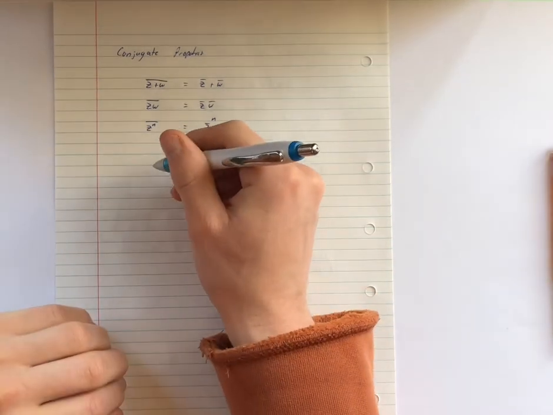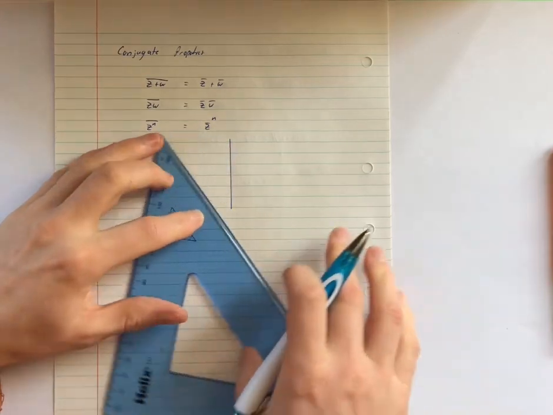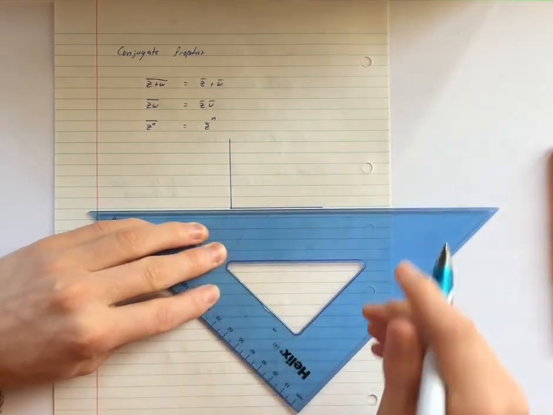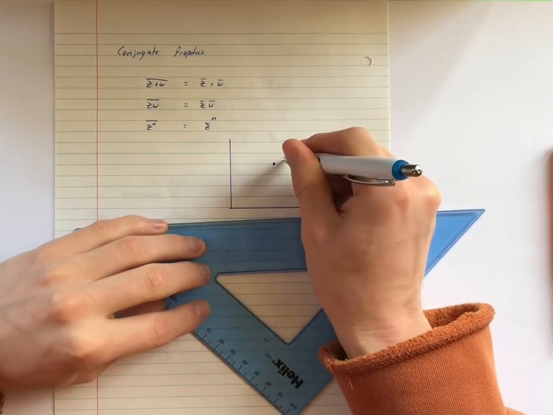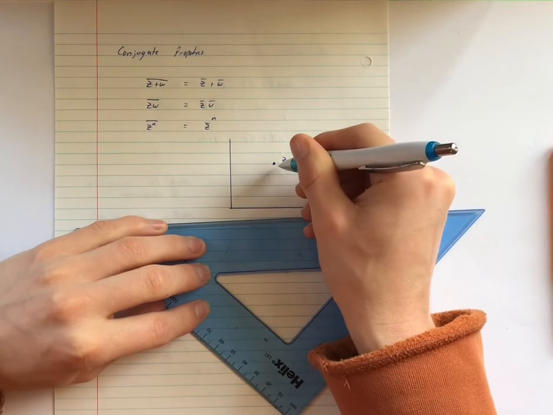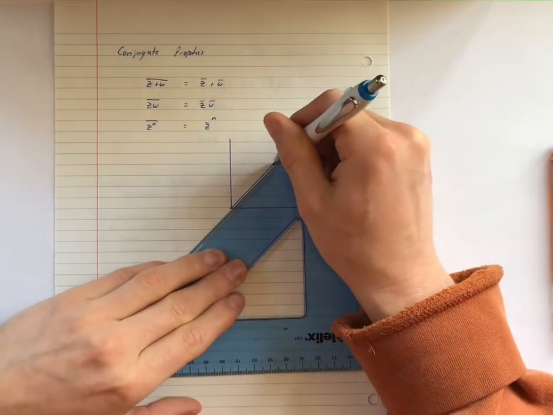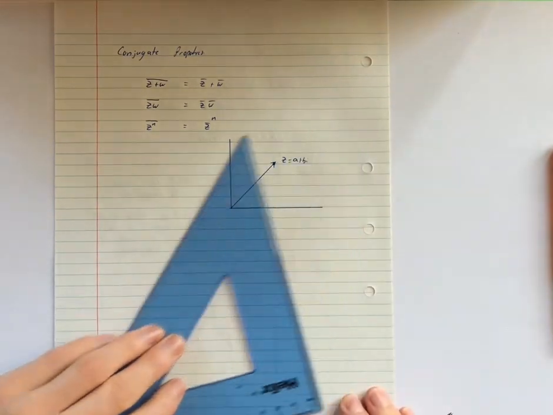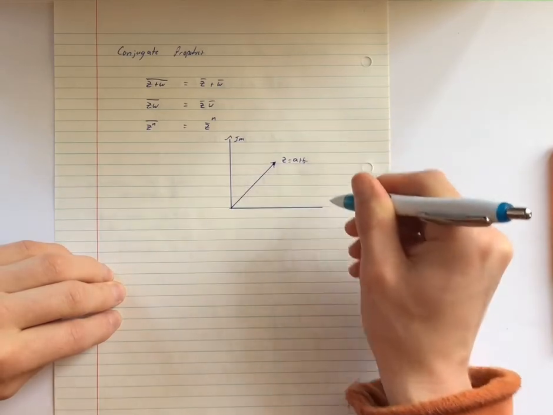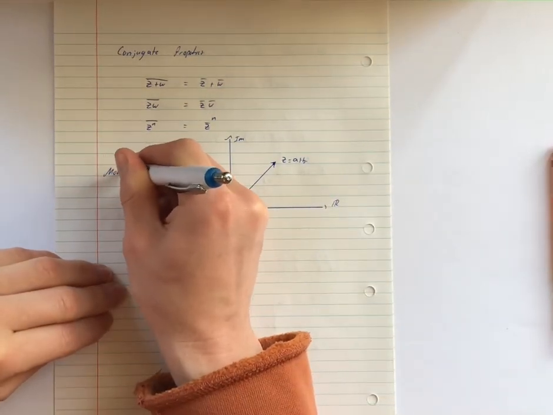The next thing that we want to look at is the modulus. And in a couple of days I'll do a video going through arguments in polar form. So if we have z equals a plus bi, a real part a and imaginary part b, then we're going to talk about the modulus. So I'll draw it as a vector and not a point on the complex plane. Imaginary, real. The modulus,